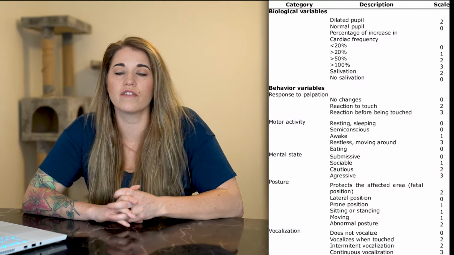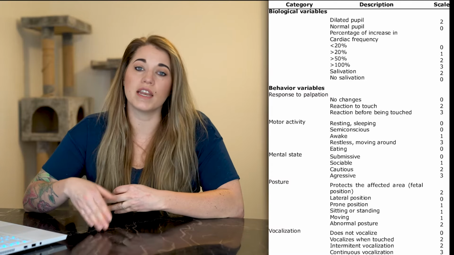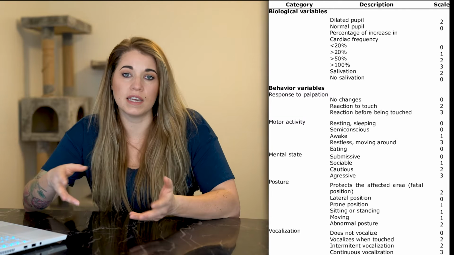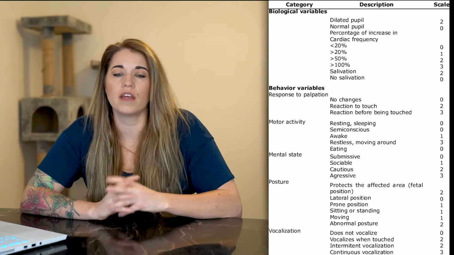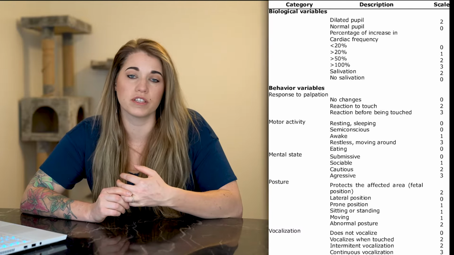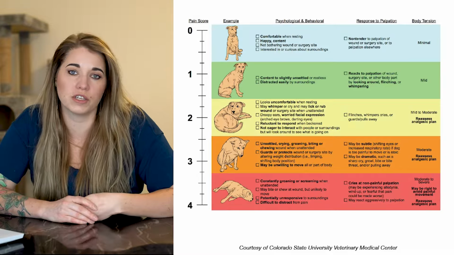The second is the University of Melbourne Pain Scale, and for this pain scale, a patient will get a rating between 0 and 27, with any patient that receives a scoring of higher than 10 being in need of analgesics. This pain scale is assessed based on their behavior, their interactions with you during their exam, and their vitals. Unfortunately, neither of these pain scales are particularly realistic to use in a nursing evaluation,